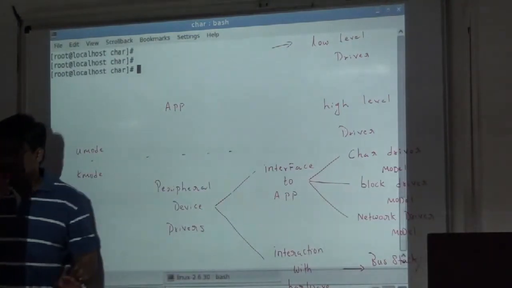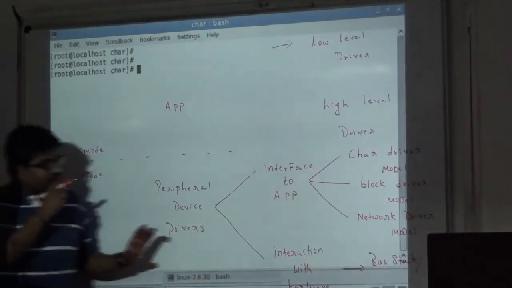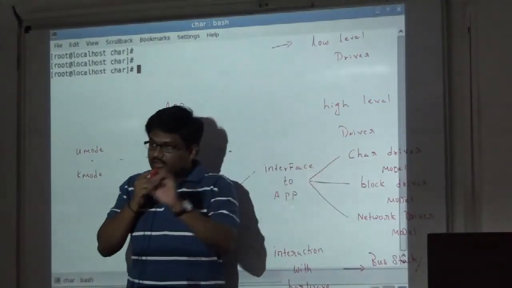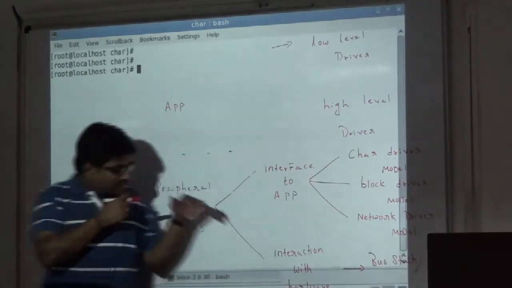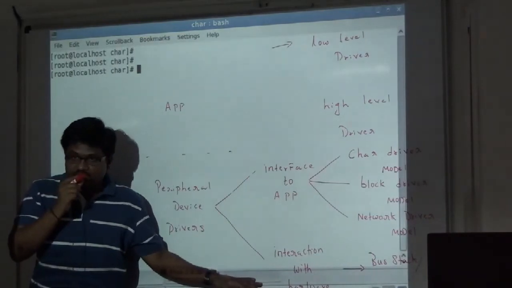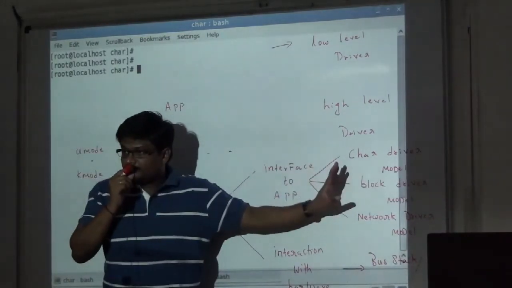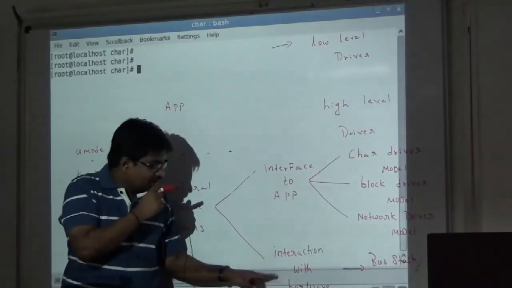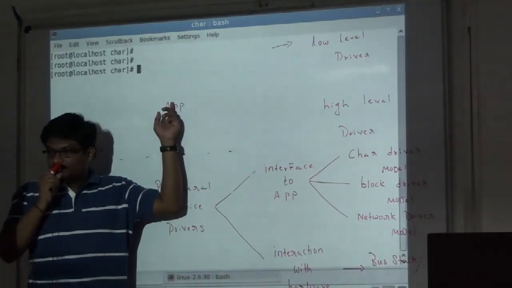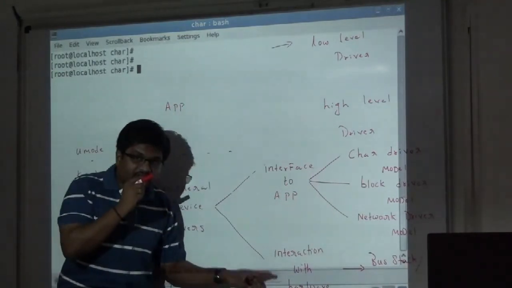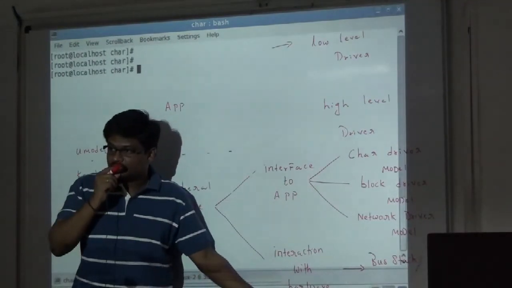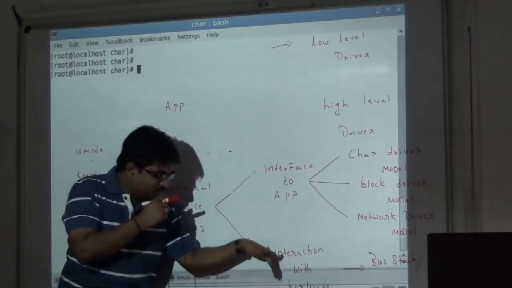Clear? So now, first we'll have to explore from here. We'll have to explore these 3 models of writing code. Then we'll finish this and come down to this. When we come down to this, we ignore this stuff because we're not bothered about how these pieces of code interact with the application, because they never do that. Got it? These pieces of code are hidden from the application. These pieces of code are interacting with the bus. Okay? Then we'll explore how they interact with